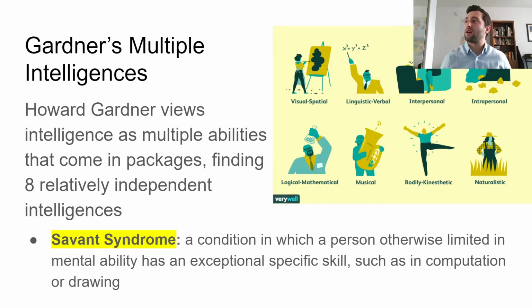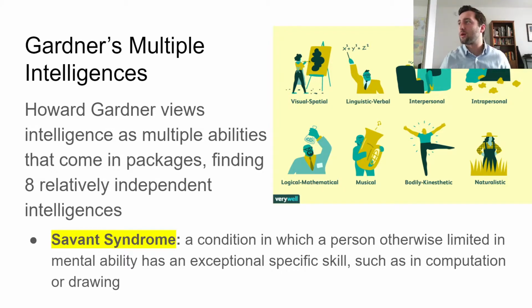We also have Gardner's theory of multiple intelligences. Multiple intelligences is a little different. The idea is basically that intelligence isn't one underlying factor, like general intelligence. It's a bunch of different independent intelligences. So you can be intelligent in one way, but not in another. Or you can be intelligent in a few different ways, but a few other ones you're maybe not. There's a variety of different numbers that you'll give, at least in Gardner's. He actually gives 8, but most of the time today we'll refer to 8 or sometimes even 6.